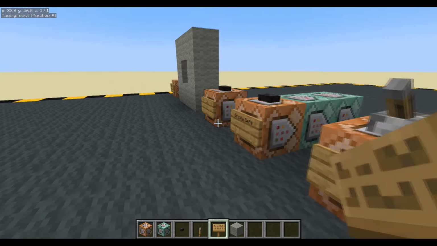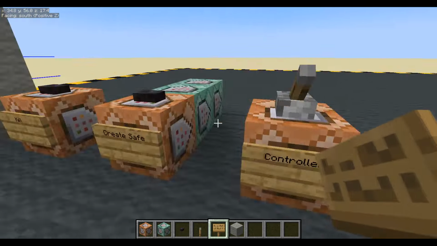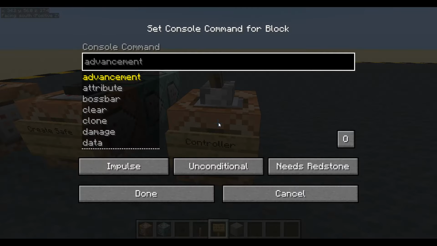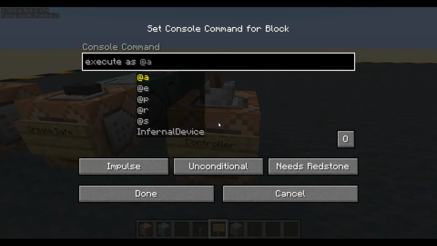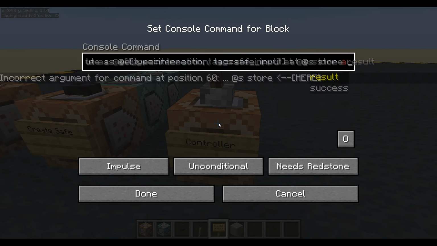Controller. Right, the first thing I want to do, well, we'll put it back. If the player clicks on it, we want to tag it and remove its interaction event or its interaction target so it doesn't keep running the command. So we'll do execute as any entity whose type equals interaction, whose tag equals safe input at itself. Now, at itself is crucial here. We need this for later. We're going to store